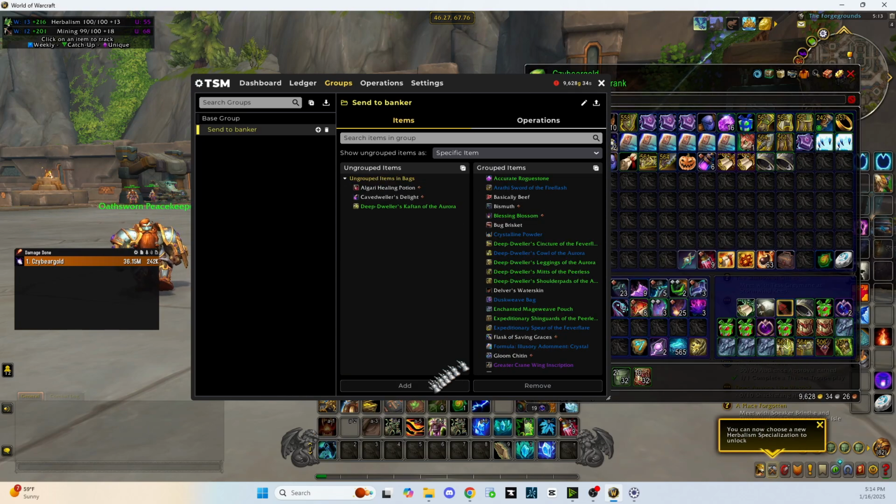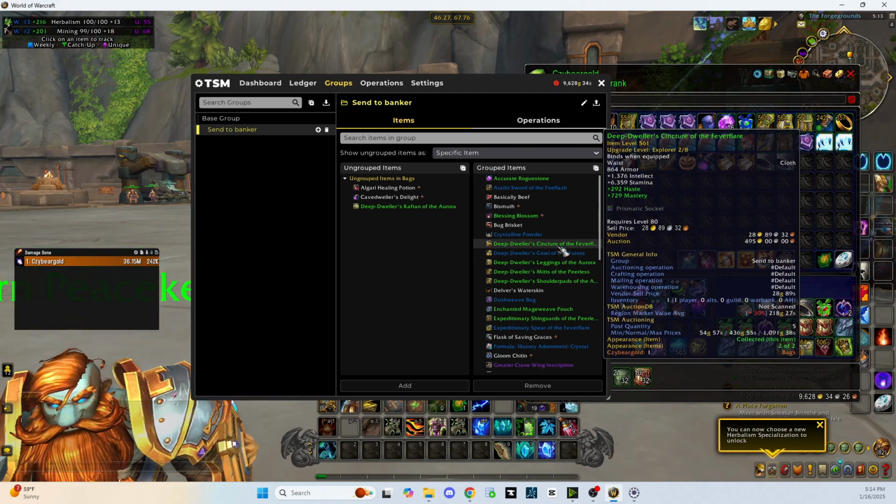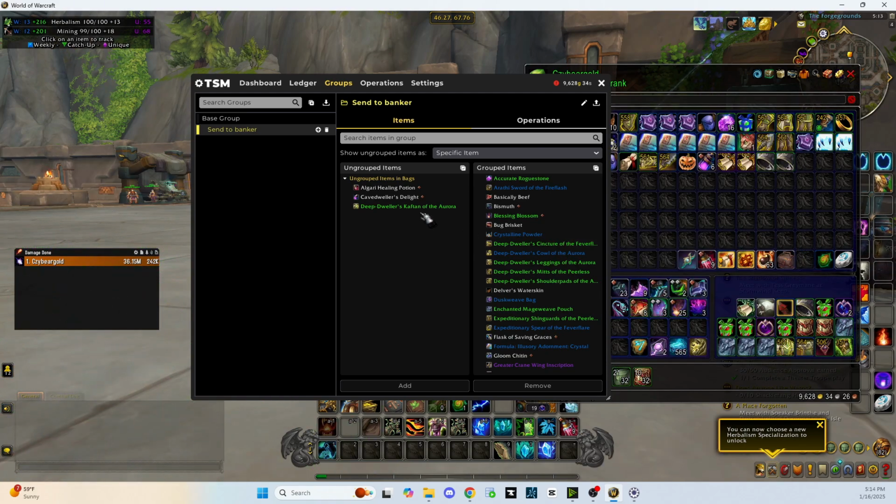Okay, so we then click the add to add them to the group. Now, the stuff that we want to send to the banker, we do not, oh, I missed one. We'll click that one. The stuff that we send to the banker, we do not want to auction in, and